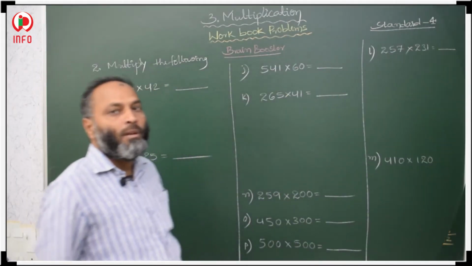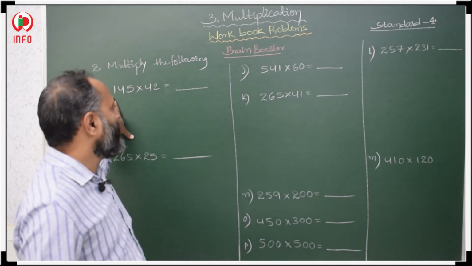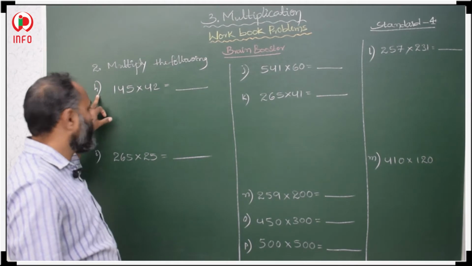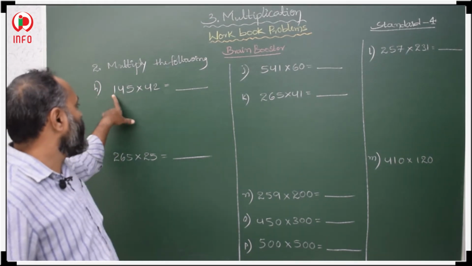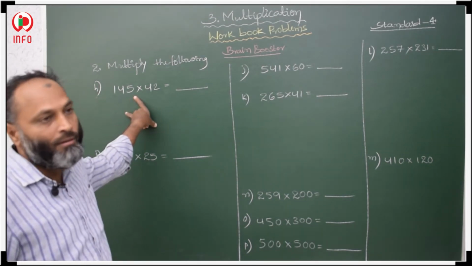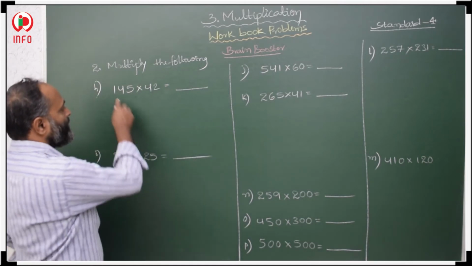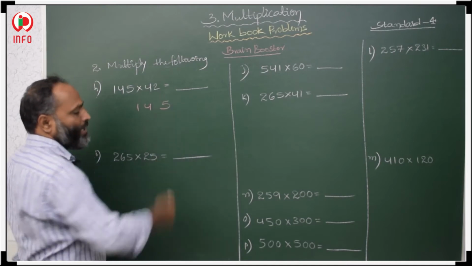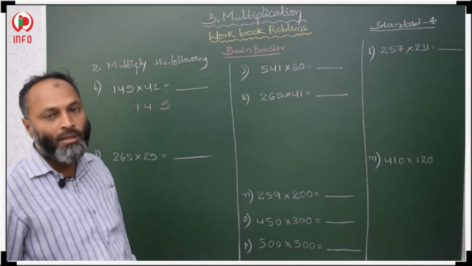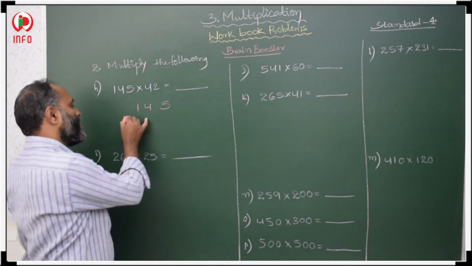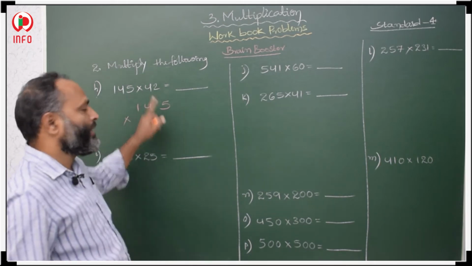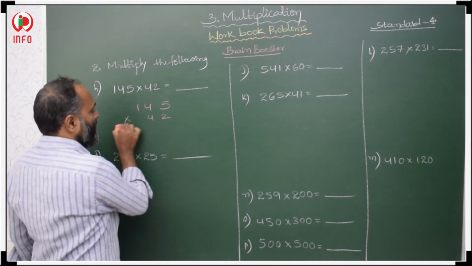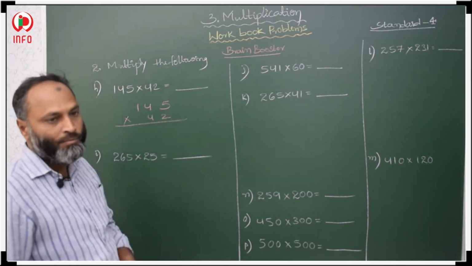Okay. Yes, now students, multiply the following, again the same. So in that from H onwards we have to continue. So here 145 we have to multiply with 42. So then how to multiply? See here, first you take 145. So 145 is a 3-digit number. So this we have to multiply with a 2-digit number. So what is that? 42. Now you multiply with 2 first.